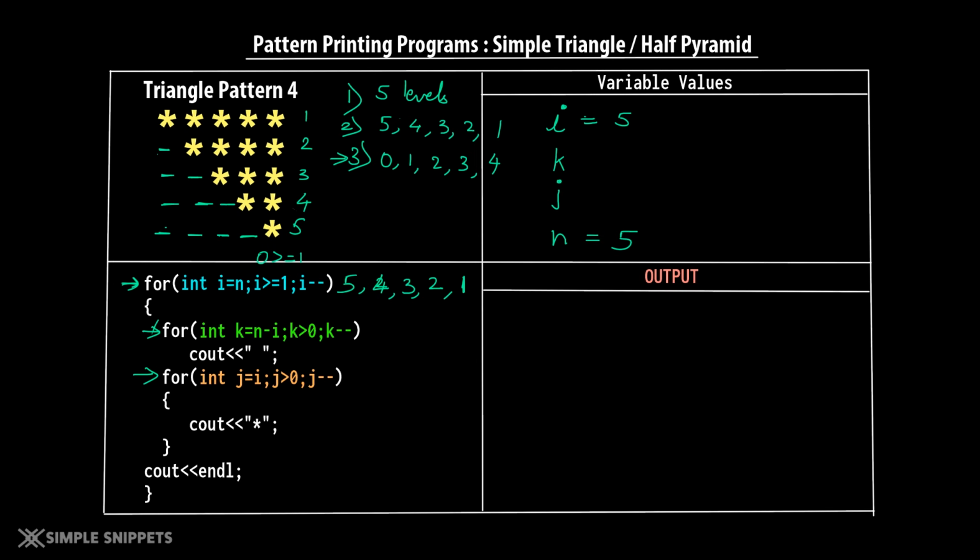No. Right? So it will exit the loop. That is, exit the outer loop. So we've determined that the outer for loop is going to run for 5 times. It is going to take the values of 5, 4, 3, 2, 1. Okay, so let's go inside for the first iteration when I is equal to 5.